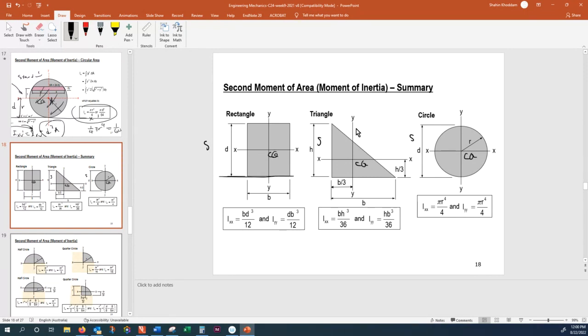What if I need that of the non-standard? Let it be here, let it be there, or let it be here. All I need is the distance between these two parallel axes, and I need the area. So this is B. Then I can put my own moment of inertia with respect to any desired plane